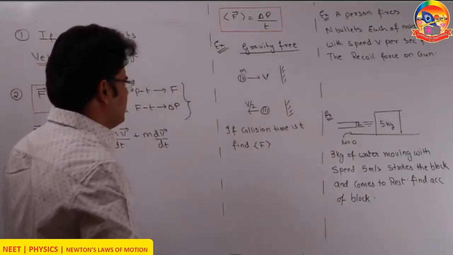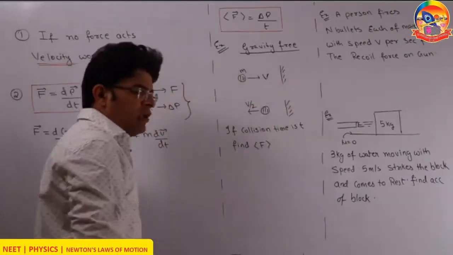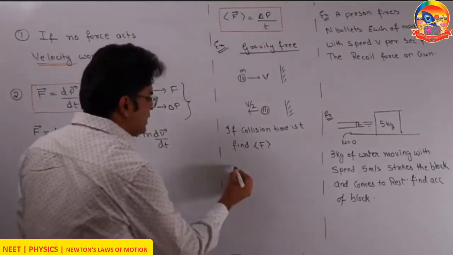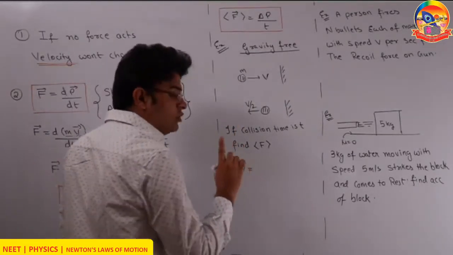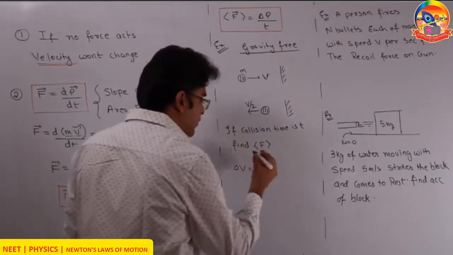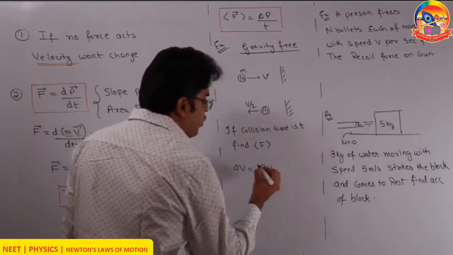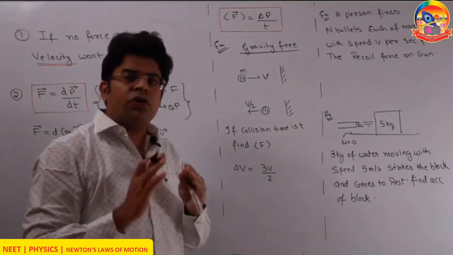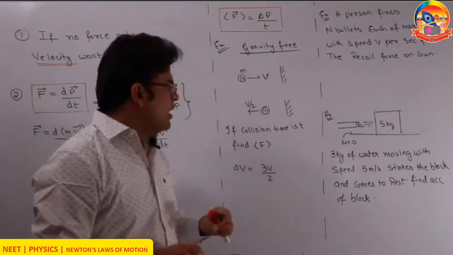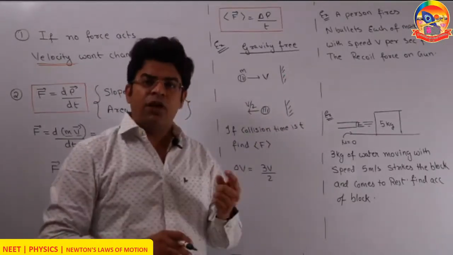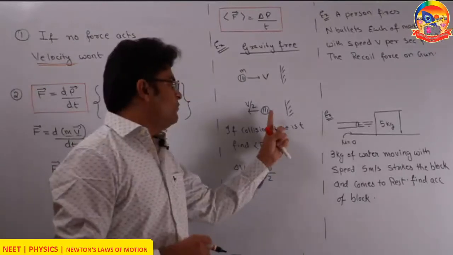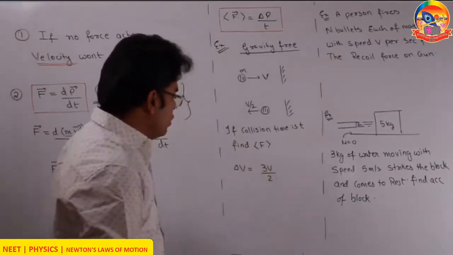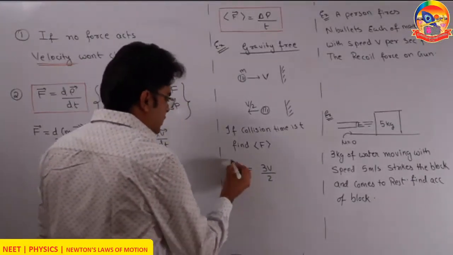So here you will say, first the ball has got velocity v towards right. After collision, the ball has got velocity v by 2 towards left. This means that the change in velocity of the ball is not v by 2. No, it is 3v by 2. Why? Velocity is a vector quantity. Initially, it is towards right. Finally, it is towards left. Or you can think in terms of i cap, j cap, k cap. Initial velocity will be written as v i cap. Final velocity will be written as minus v by 2 i cap. So do final minus initial, you will get 3v by 2. So the magnitude of change in velocity is 3v by 2.